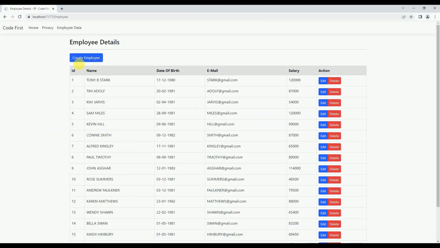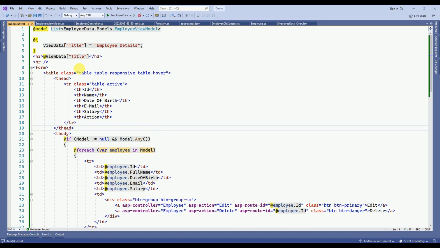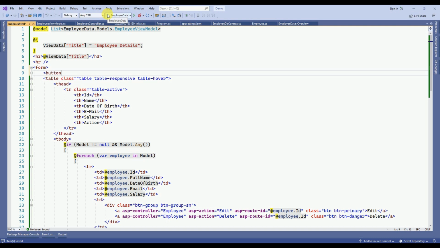Also on top of the table we have to display one button to create new employees. For that I will add one button here. Add button, say create employee, and I'll add Asp action for this button also. It will be create. We don't have any action methods like create, edit and delete. We are going to create it, and controller will be,